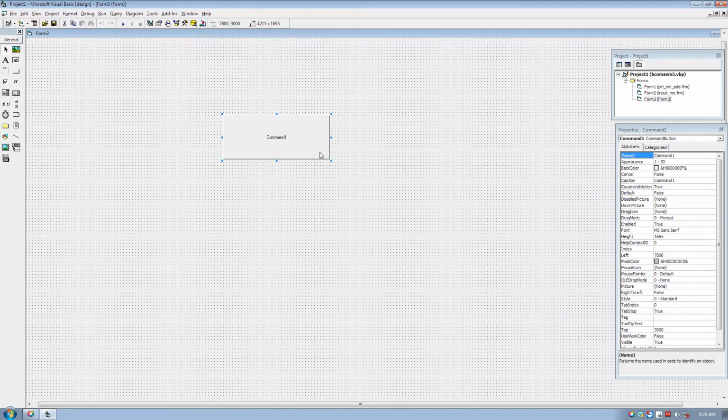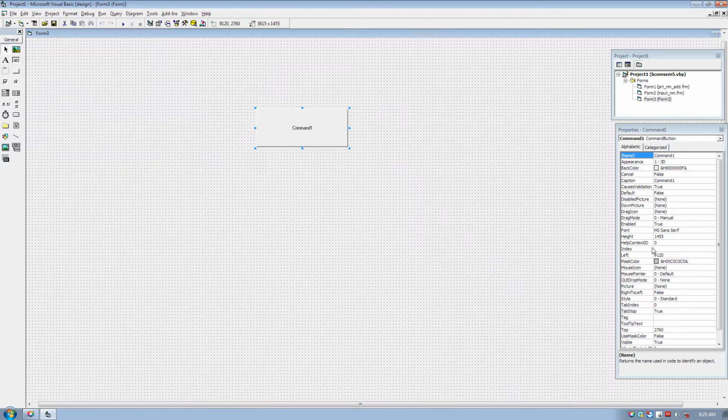Now you can click on the command button and write some event. Till today we were setting some properties from here. Now guys, pay your attention. Keep your ears open and your mind here.